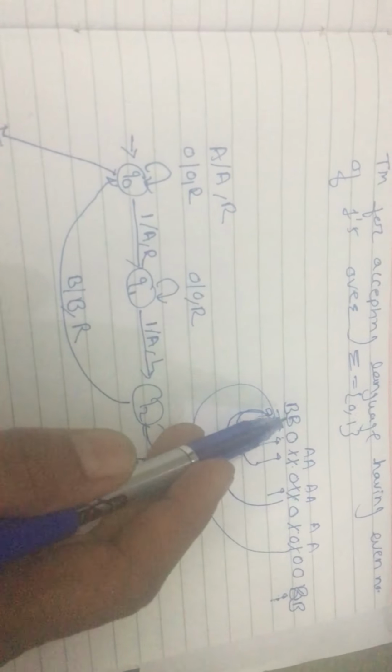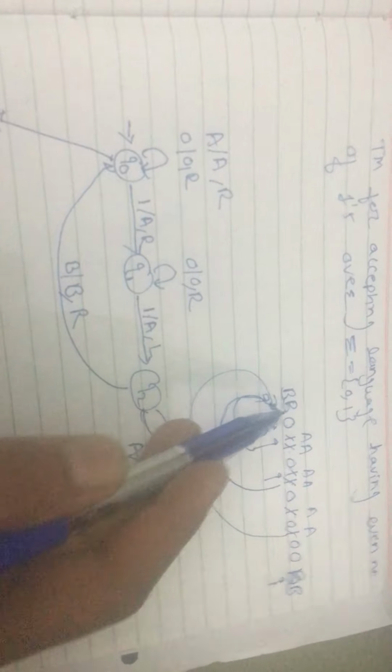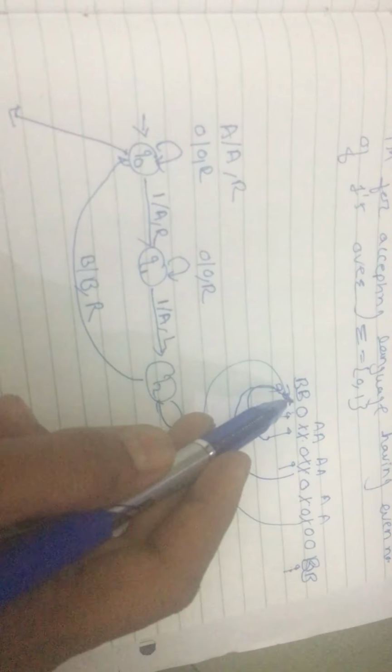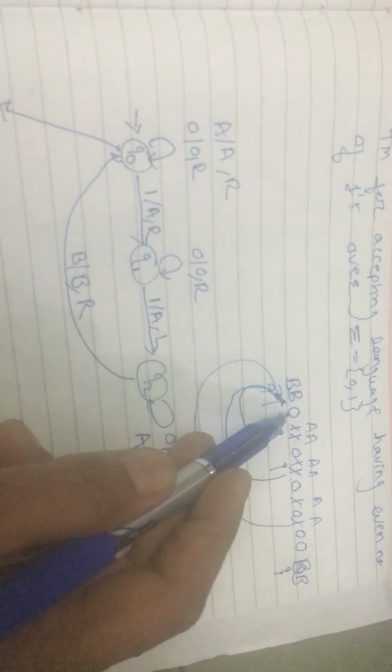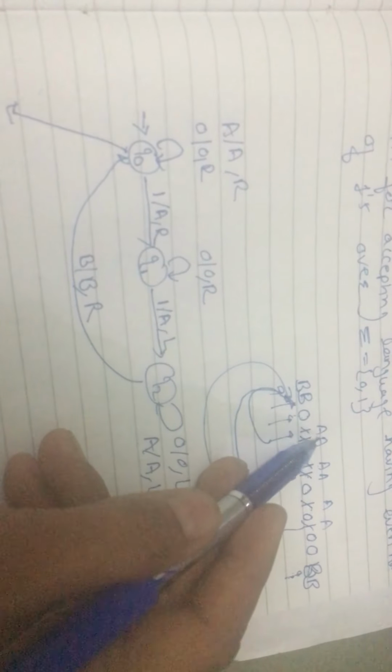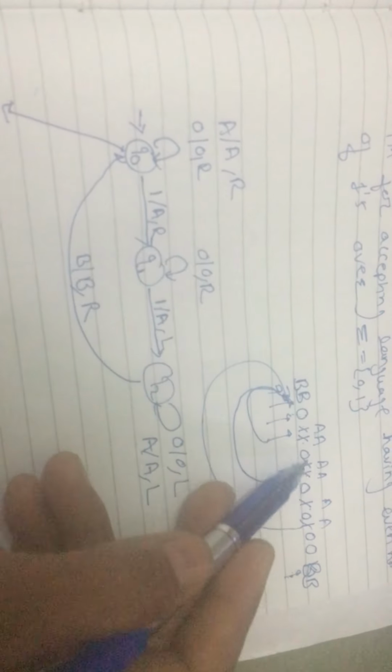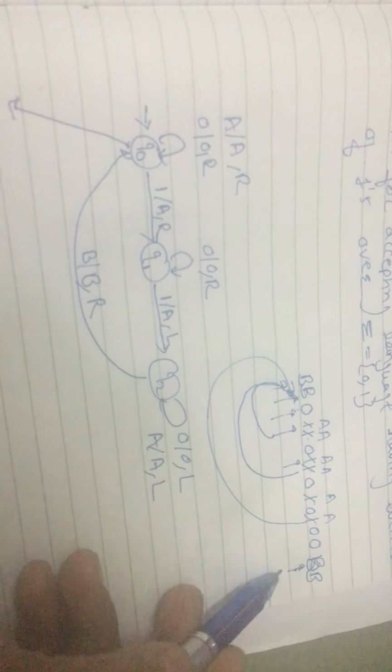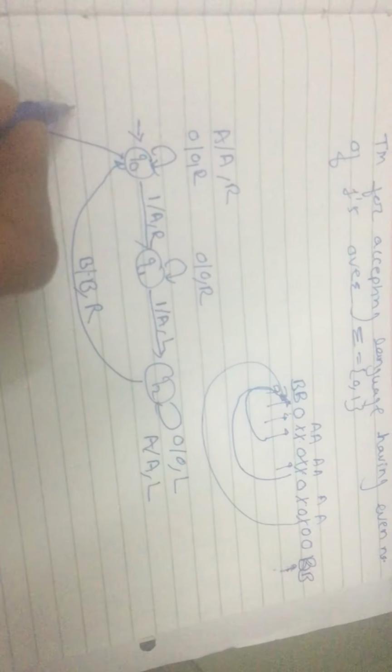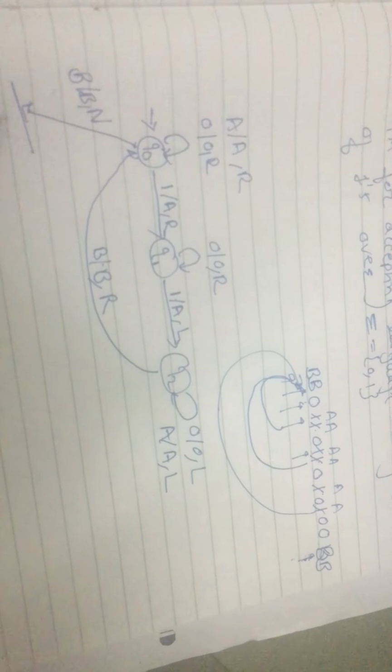When it gets B, the direction will be R. It will keep all 0s as they are, and all A's as they are, and move towards the right. When it reaches the blank here, that means after this blank if it doesn't get 1 and gets the blank,